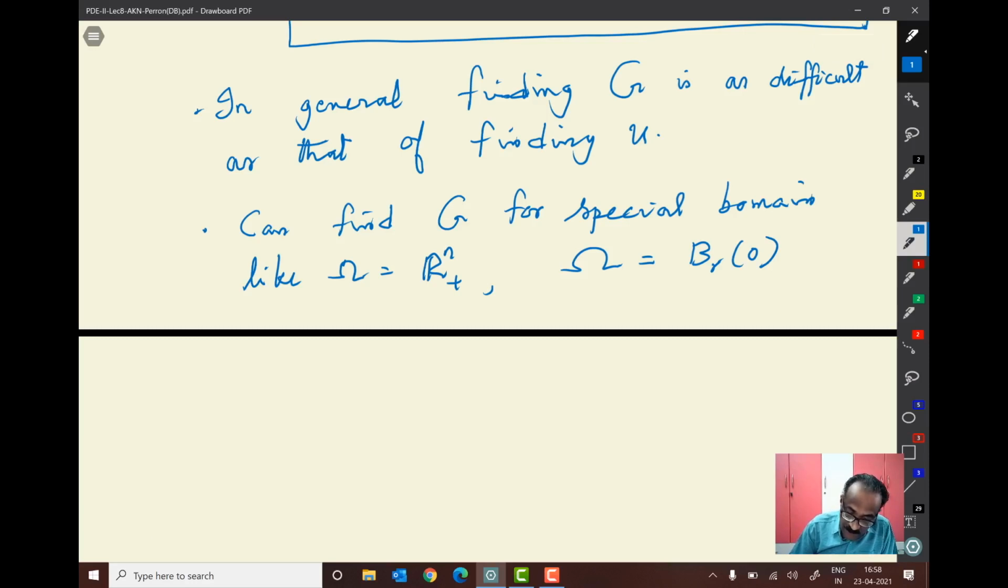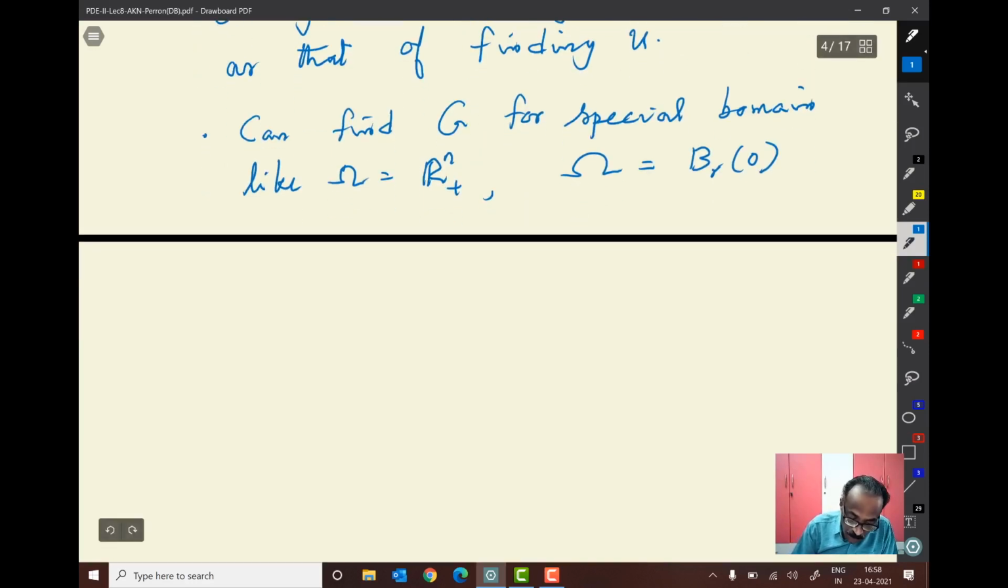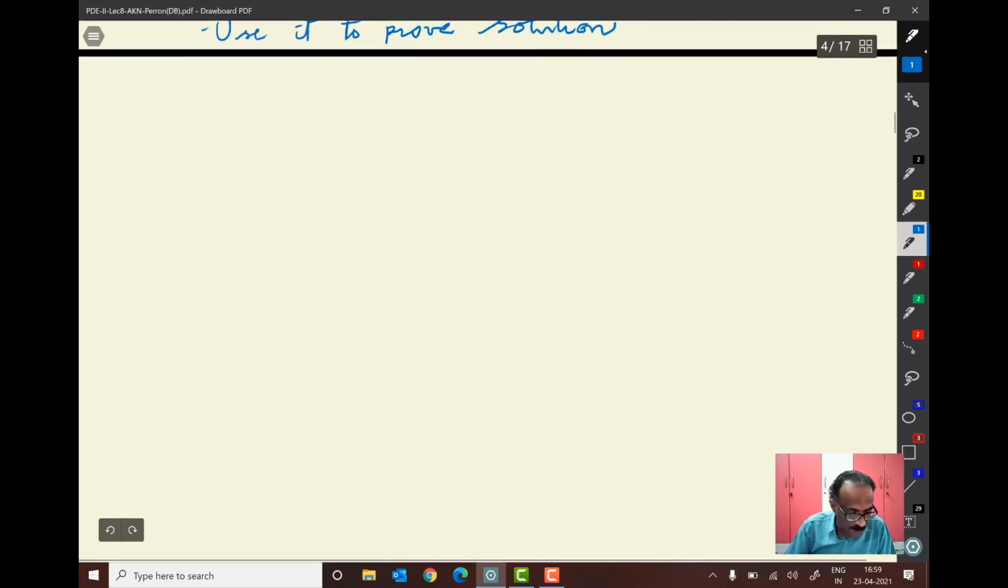Use this to construct solutions here. So we use it to construct solutions. Use it to prove solutions, and that's the whole idea which we will be doing here. So before completing today's talk, let me